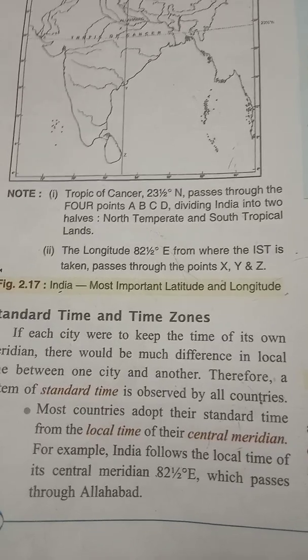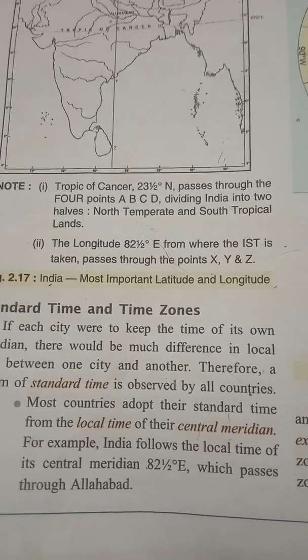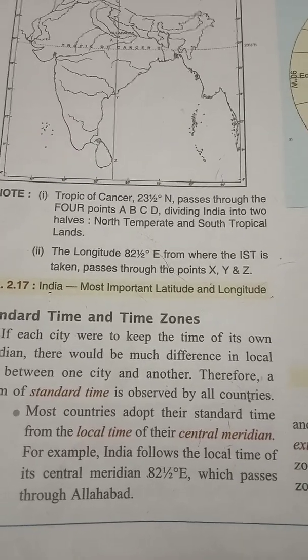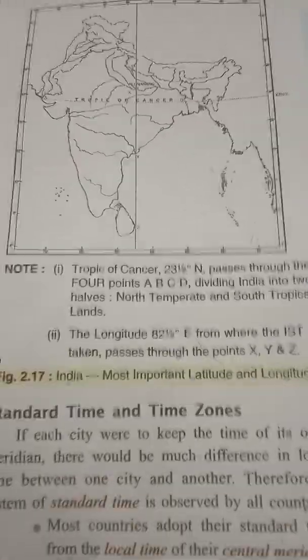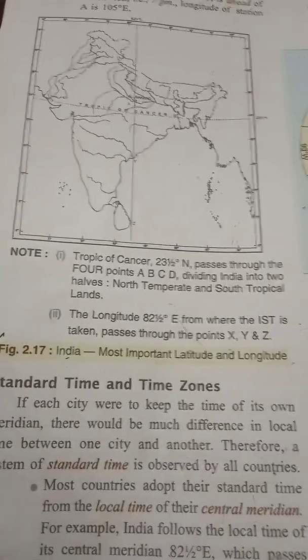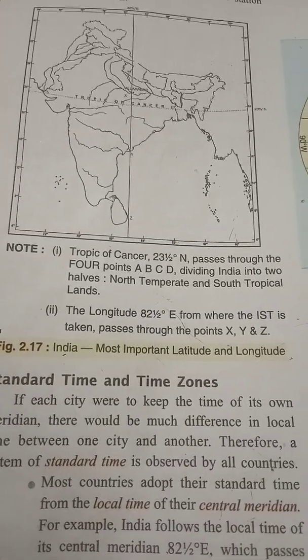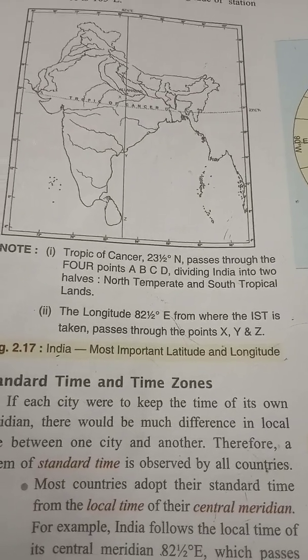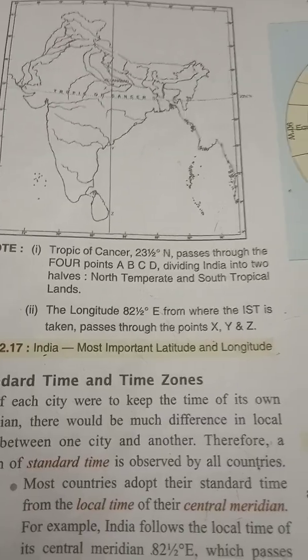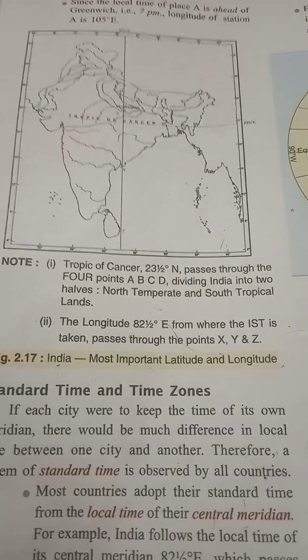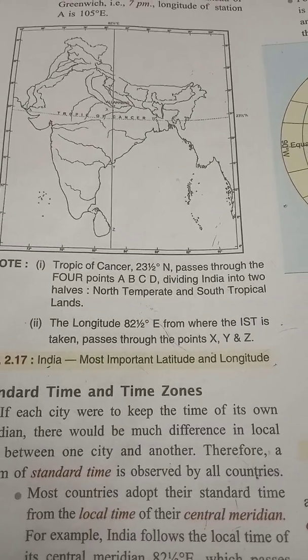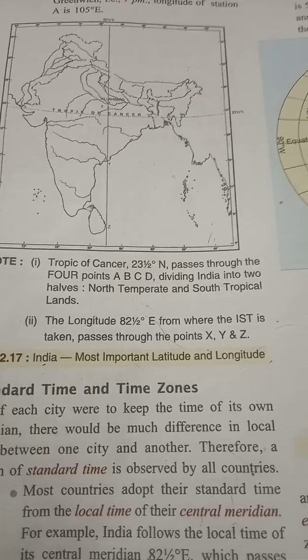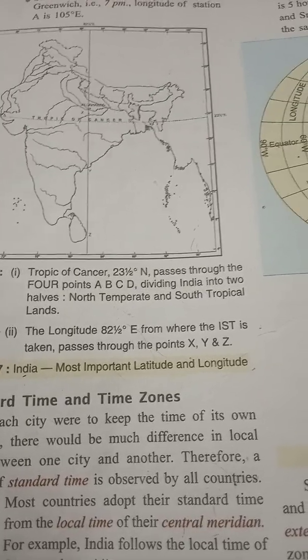For example, India follows the local time of the central meridian 82.5 degree east, which passes through Allahabad. You can see this map. I'll send you this picture of this map also across. See, the Tropic of Cancer, 23.5 degree, passes almost midway through India. And you can see the longitude. We are concerned with the longitude here. 82.5 degree east, from where the IST, that is Indian Standard Time, is taken,